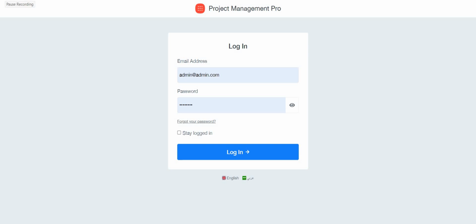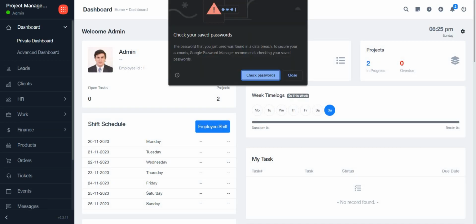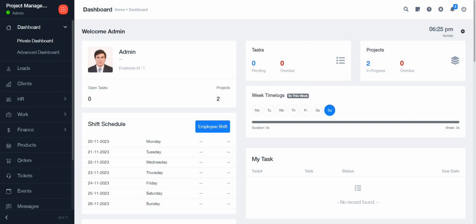As you can see, let's log in first with the admin password, and I'll just make it stay logged in. I'll just close this as well. Now, as you can see, this is the private dashboard of our software,